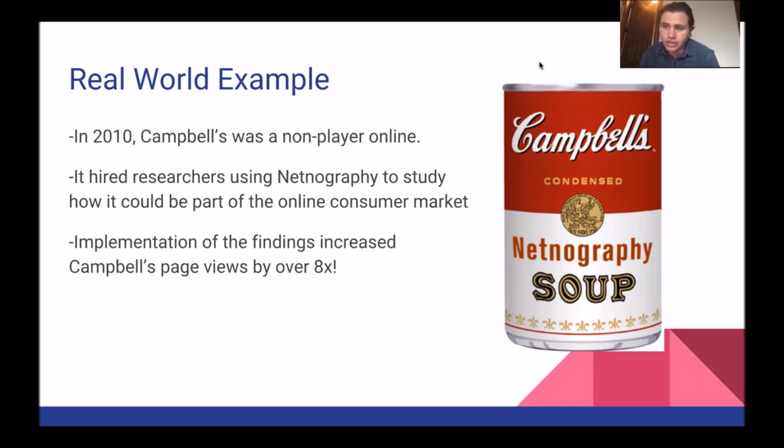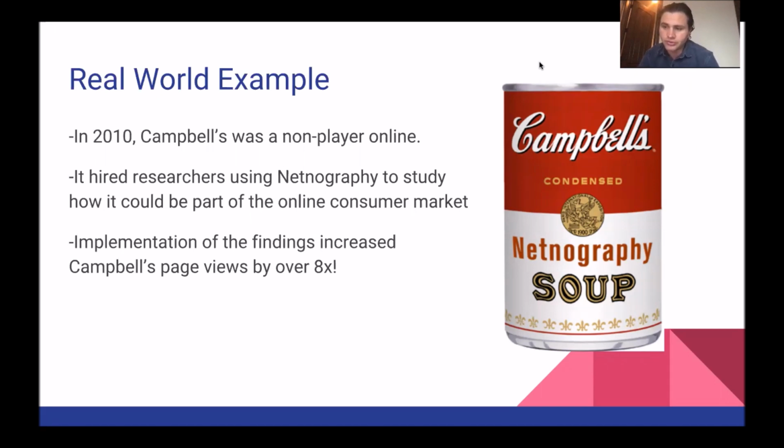Campbell's turned to netnography to try to understand where the customers were expressing their ideas, successes, and frustrations, and in return, how Campbell's could increase its online presence. Researchers began using netnography techniques, embedding themselves in online cooking chat groups, food forums, even non-food conversations. They wanted to understand their customers in an uncensored, unfiltered environment with no peer pressure and no restrictions. They were willing to throw back the curtain and see what was happening backstage and down the dark alleyways.